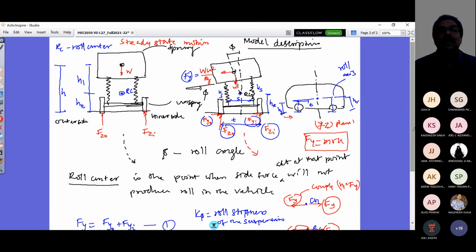So that is when it is straight and it is taking a turn, slightly it's rolling. Then I just exaggerated that and I take the moment. So this Fy into h1, counterclockwise moment, F_zi into T by 2, and Fy into h_RC, minus F_zo into T by 2, that's minus clockwise. So this is all equal to 0, and this W into this is not considered in this,